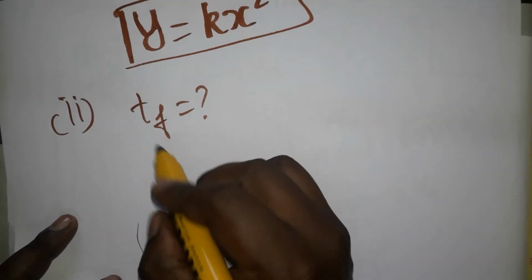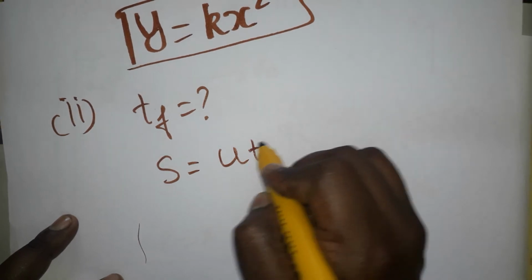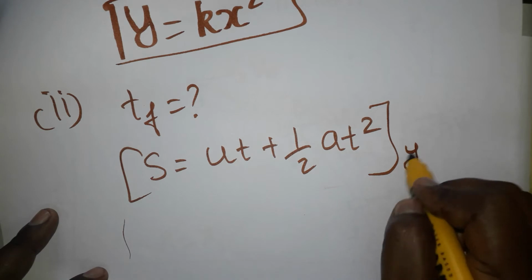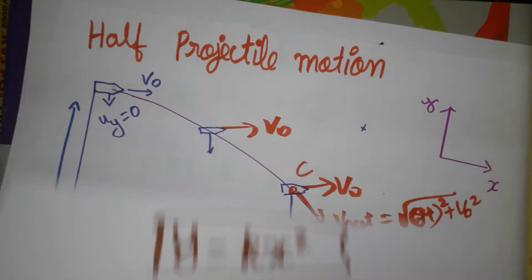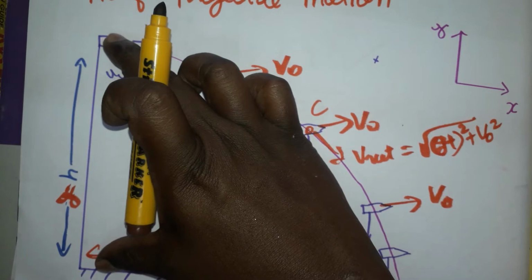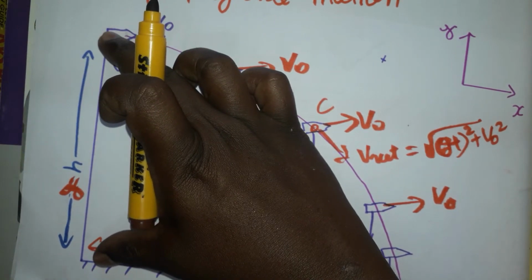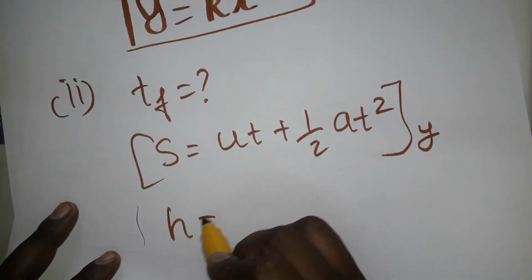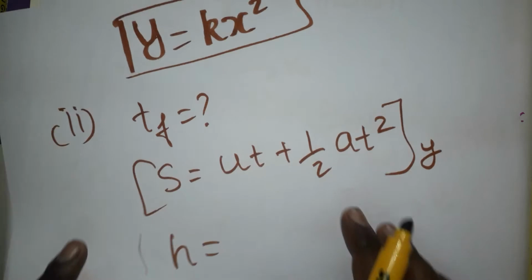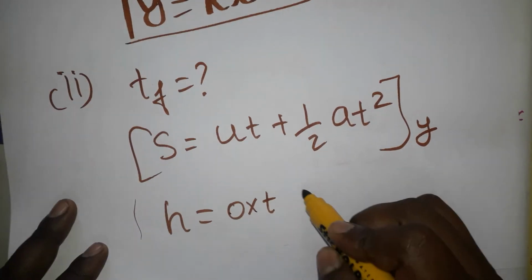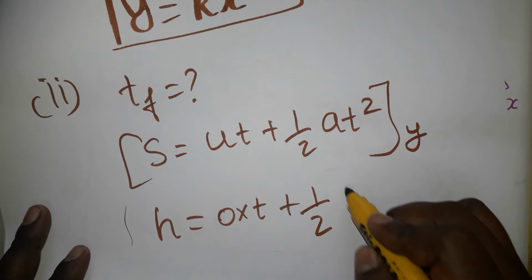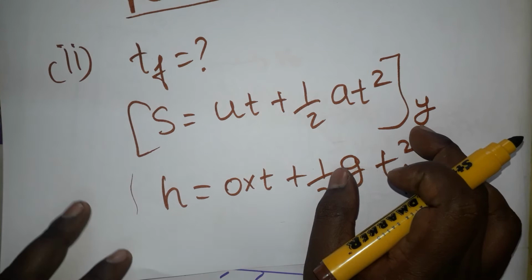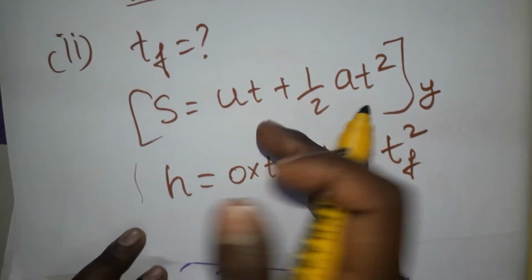Okay, so s is equal to ut plus half at square. I am taking the y plane. On the y axis, as you can see in the diagram, it's going to be height, so displacement is going to be height. Initial velocity on the y axis: we are not given any initial velocity, so it's going to be 0. Plus half of acceleration, which will be acceleration due to gravity, times t square, the maximum time of flight. So everything I applied on the y-axis. The x-axis will have nothing to do because velocity is going to be constant.